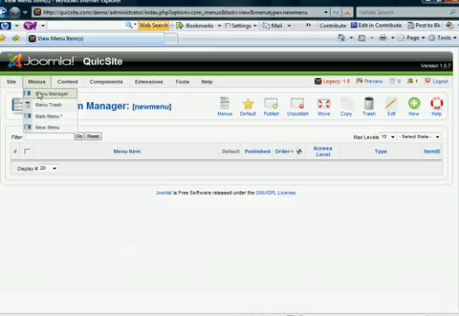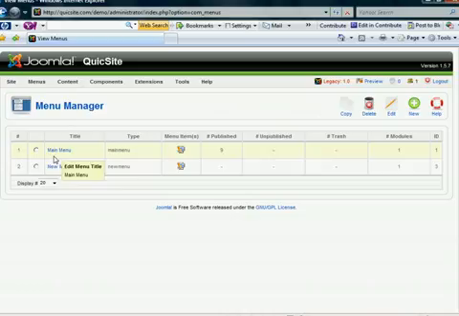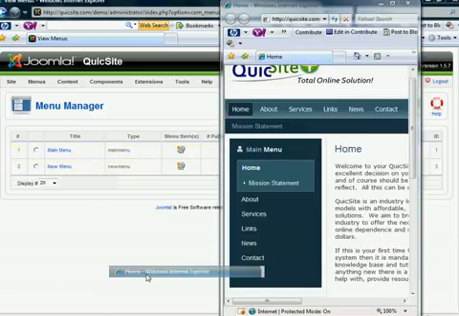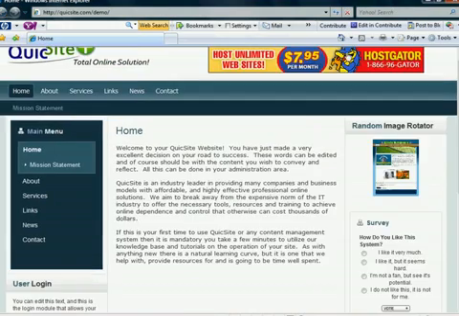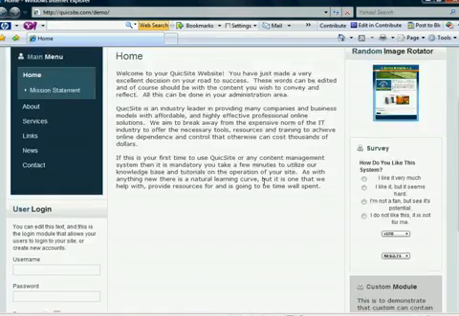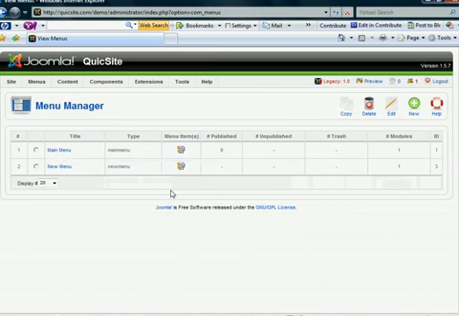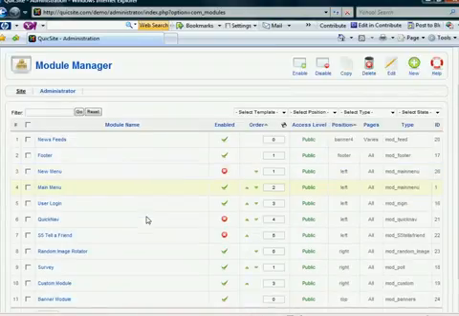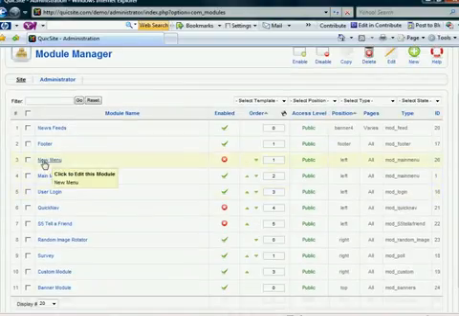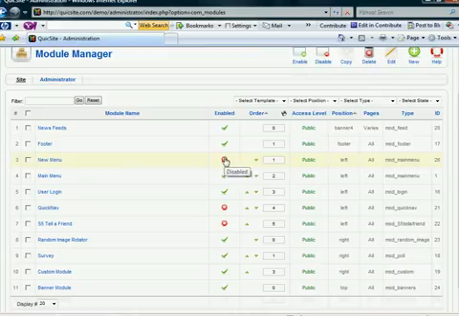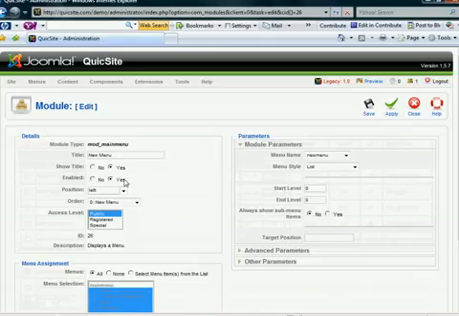But before we add the menu item, let's point out that in our menu manager we have two menus. One is named main menu and the other is new menu. But if you notice on the front of your site, you won't see the new menu anywhere. Why is that? Well, earlier I spoke of modules, and let's go there now. It's under extensions in your module manager. You'll notice that there is a module of the same name as the menu, and the reason it does not show is because by default when it's created it is not enabled. So open that up, choose to enable it,